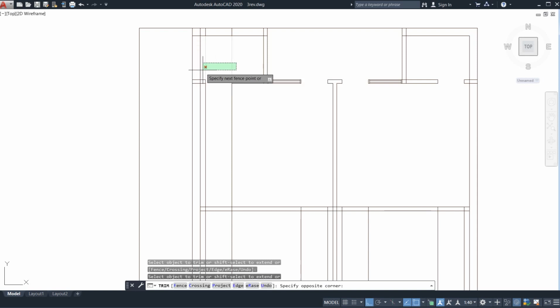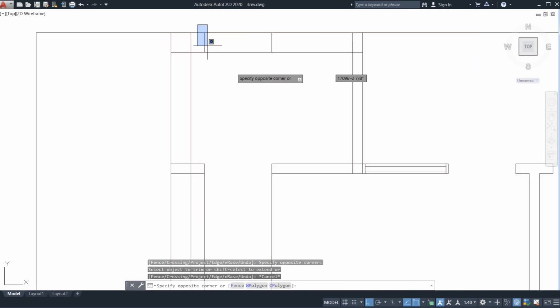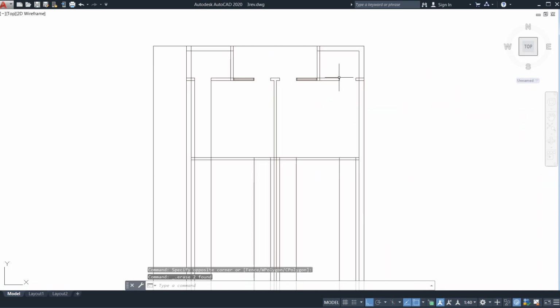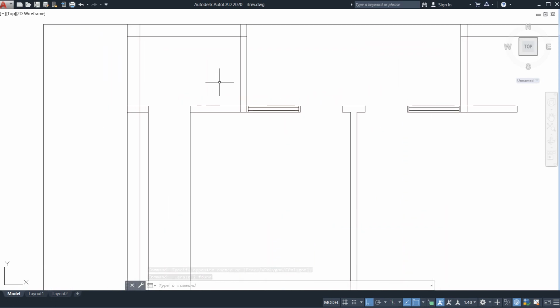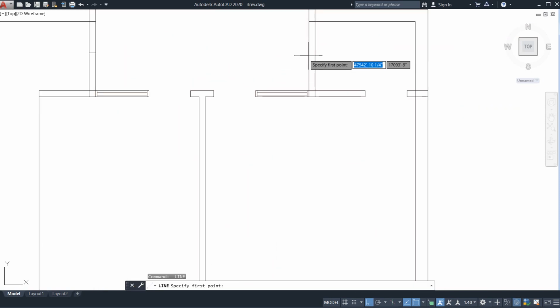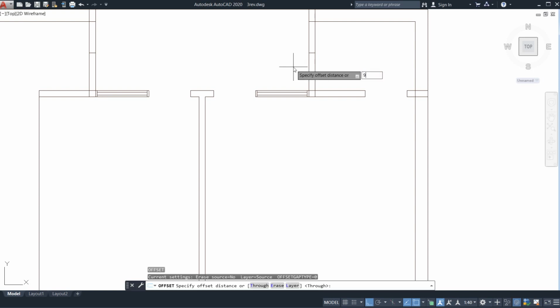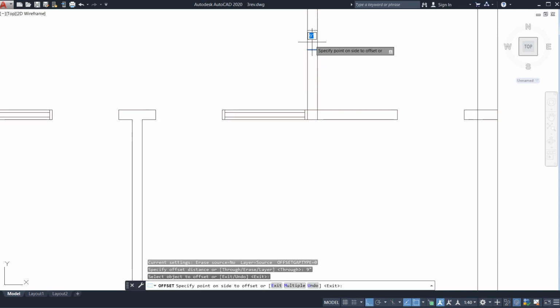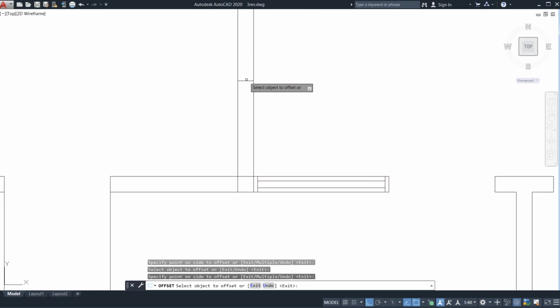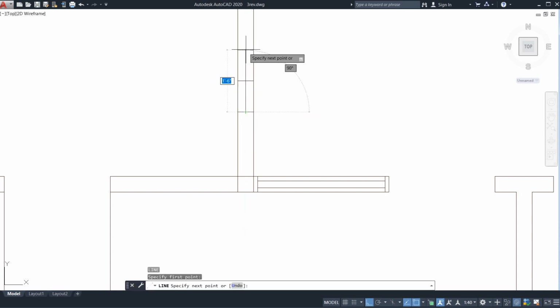See, because these are my doors, so here you can place your ventilations also. This direction will be of your ventilation. This plan is completely as per Vastu, you can check it out. See, here I get the middle point, here also you can get the middle point. Just join these two middle points, offset of 9 inches from both the sides, because see, this is my ventilations of toilet and bath. Here also, after that just go for line command, middle, take its middle.